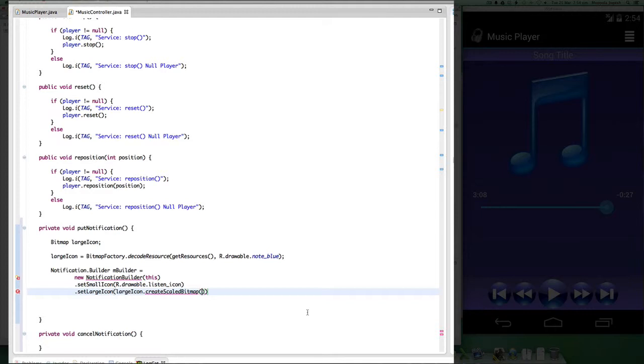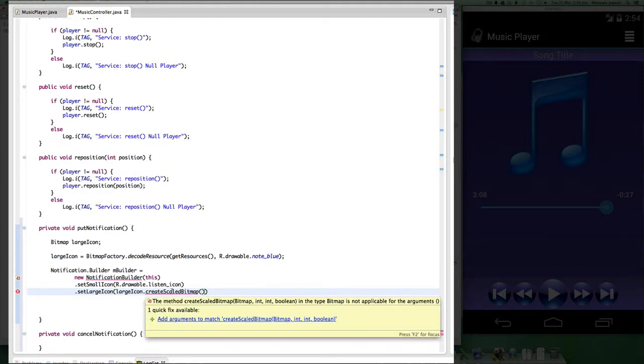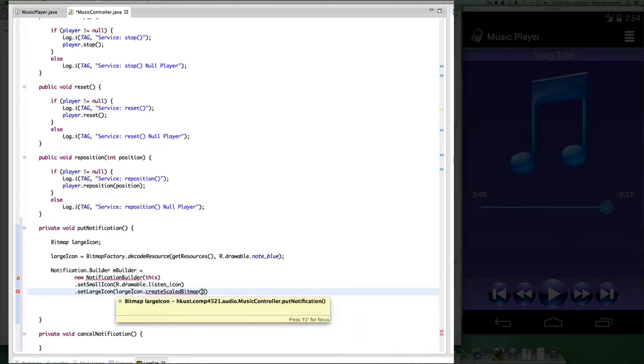So I will use createScaledBitmap, a method that is available for any bitmap, and I create a scaled version of the bitmap to size 72 pixels. So I'm going to make use of this in my